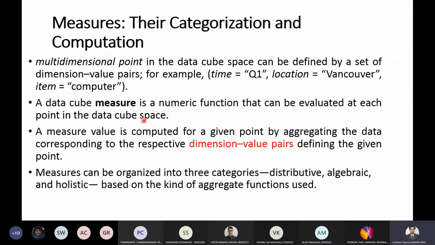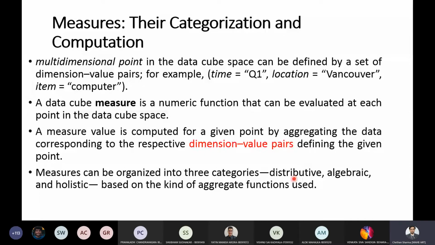These measures can be organized into three categories, that is distributive, algebraic, and holistic, based on which aggregate function you use. We'll see them one by one. These three are very simple. An aggregate function is distributive in nature, that is the first type, if it can be computed in a distributed manner. One example: there is a huge data set, and this data set is partitioned into n subsets, and for each of these partitions you apply an aggregate function.